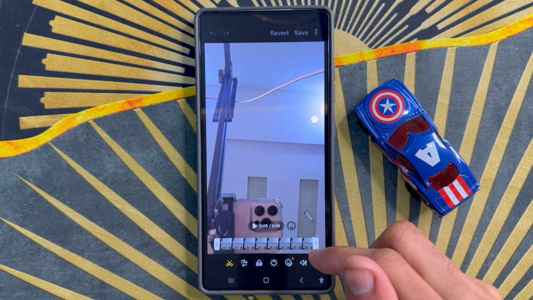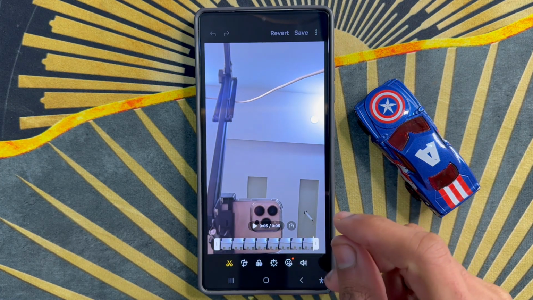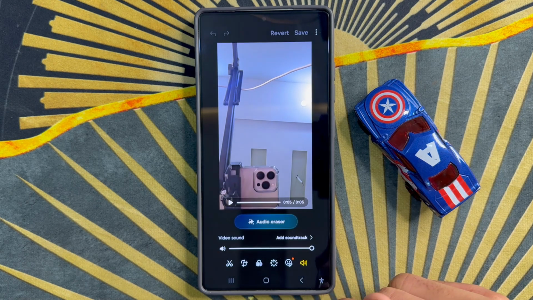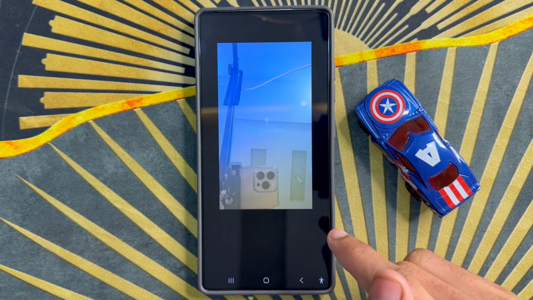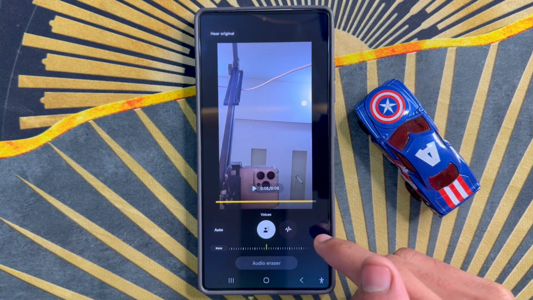After clicking on this pen icon, click on this audio icon. After clicking on this audio icon, click on audio eraser. After clicking on audio eraser, you will see